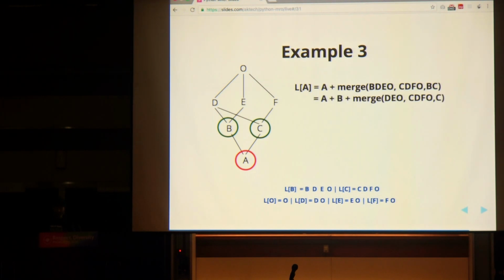Again we'll see if B exists in the tail of any other, it doesn't, so we'll remove B from it. Again we'll look for D. D exists in the tail in the second list, so we cannot remove D. We'll look for C. Now C doesn't, so you can remove C here. So again starting with D, D does not exist in the tail of any other list, so you can remove D here. Now we are left with E, O and FO, so we'll start with E. E is the head of the first list, and E does not exist in the tail of any of the other lists, so you can safely remove E.